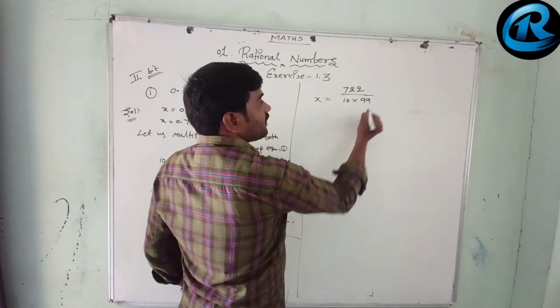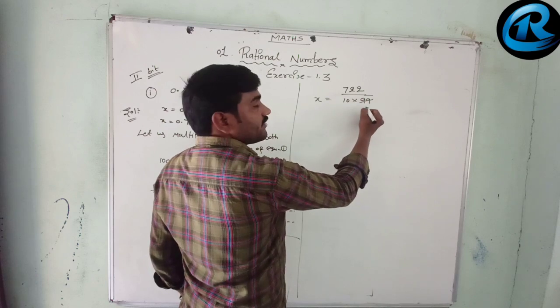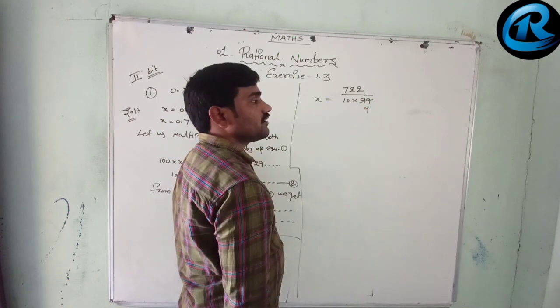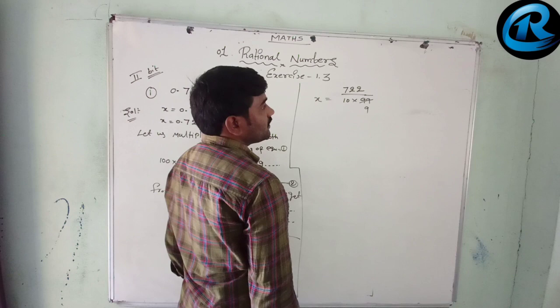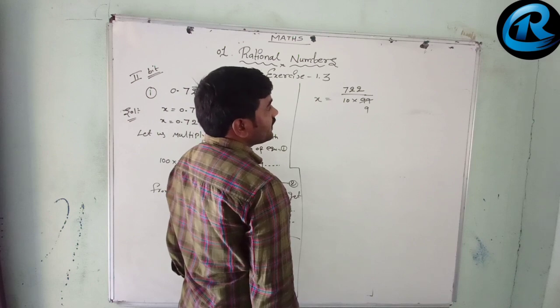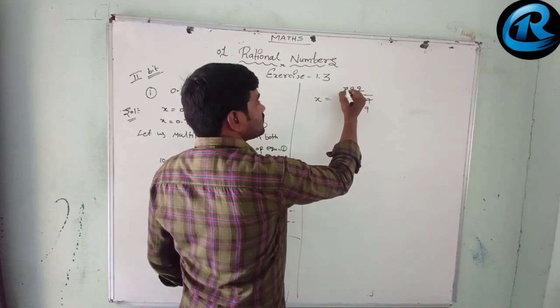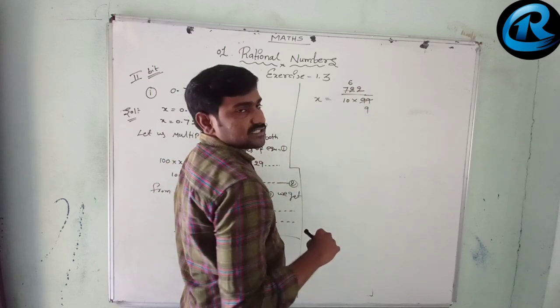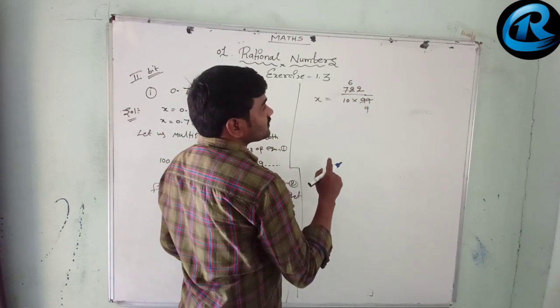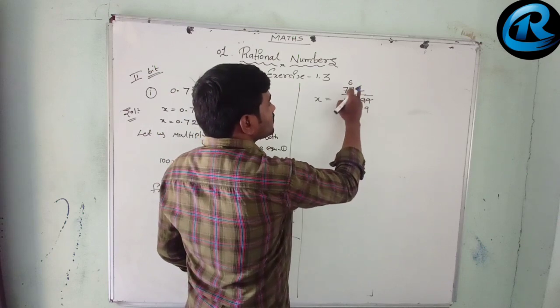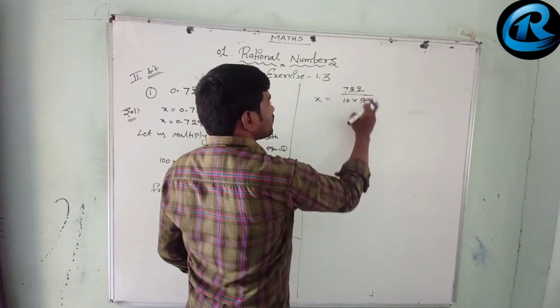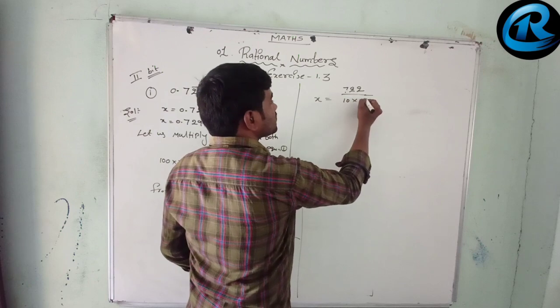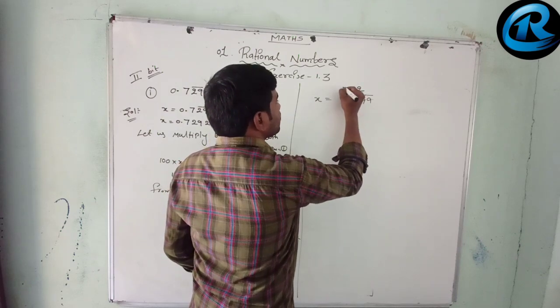Let us multiply. We'll cancel using the 7, 9, 11 tables. 11 9s are 99, so we'll cancel by this also. We'll see in the 11 table if possible. 11 6s are 66, so how many are left? 6 will be left to 62. So it's not possible by the 11 table. Let us see the other one.